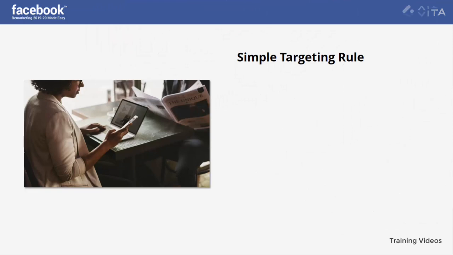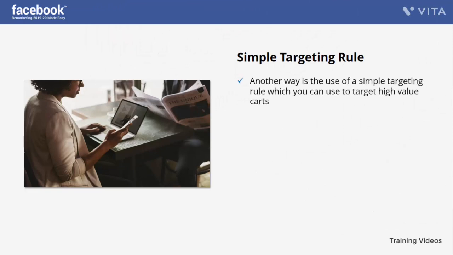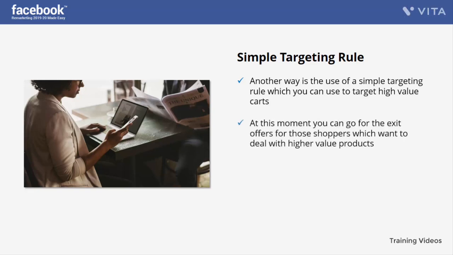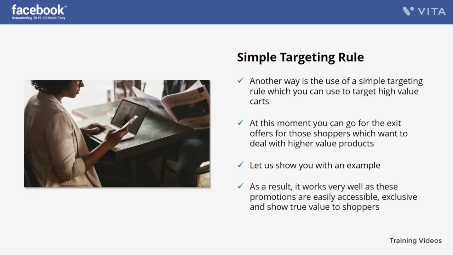Simple targeting rule. Another way is the use of a simple targeting rule, which you can use to target high-value carts. For shoppers who have a certain dollar amount in their cart or a specific item, you can present them offers using the simple targeting rule. At this moment, you can go for the exit offers for those shoppers who want to deal with higher value products. Let us show you with an example. Let's say you usually offer 10% off, but at this time, you will also offer them free shipping because they are a high-value shopper. As a result, it works very well as these promotions are easily accessible, exclusive, and show